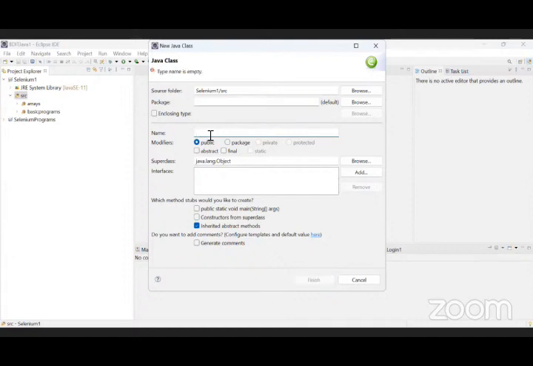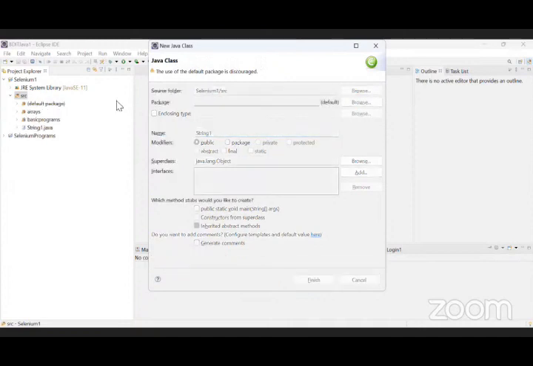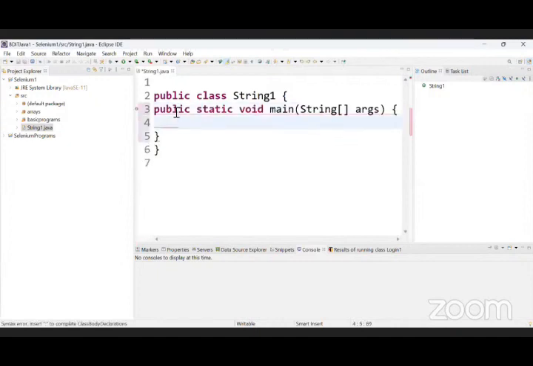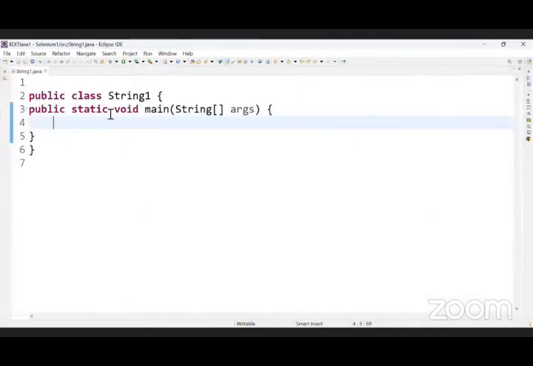Display string related. Let me write string 1. Main method, control S, and here